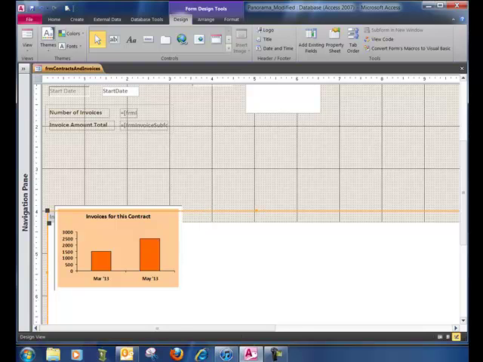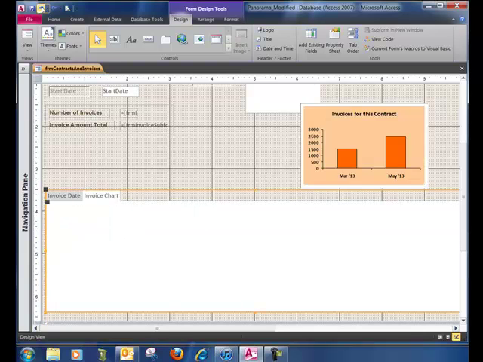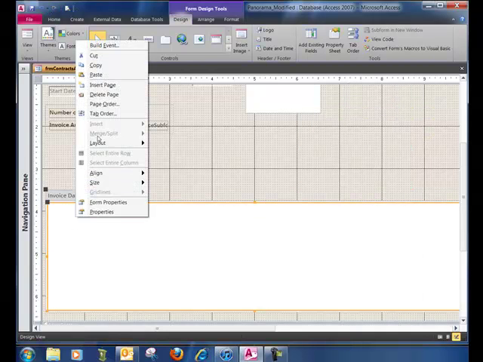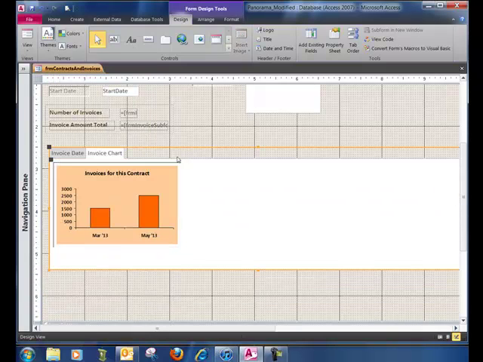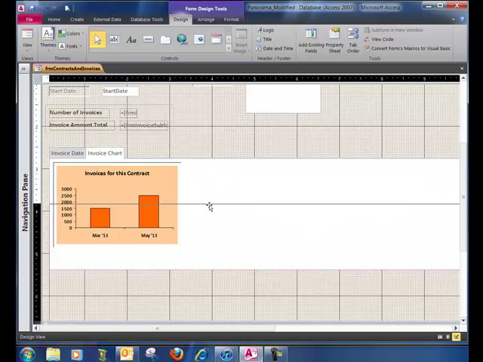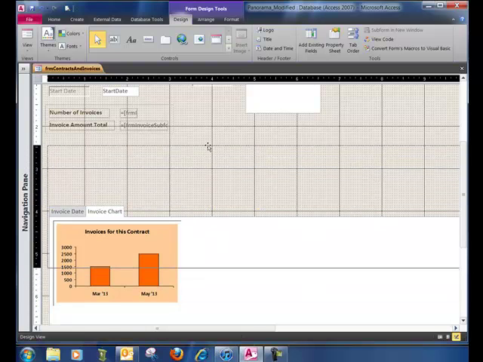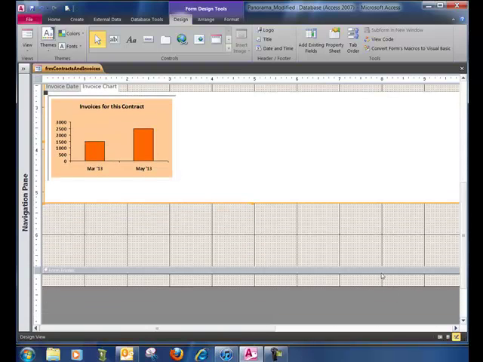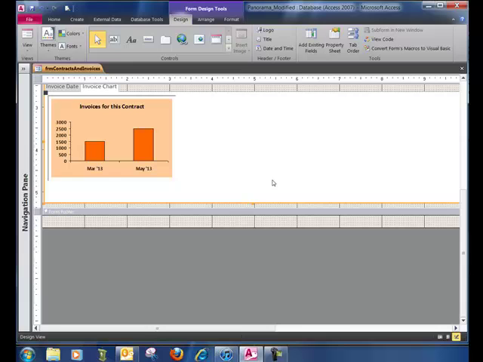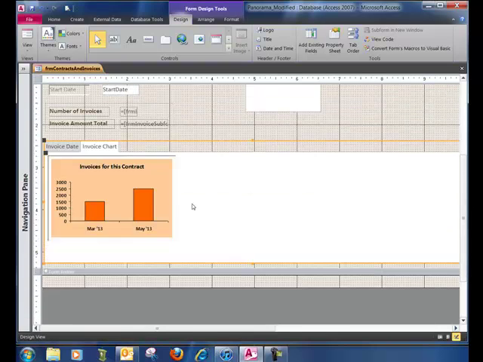It did not, so let's try another. Let's cut it and paste it and see if that will make a difference. There we go. So what we needed to do with this to get it to work is first I had to figure out that that chart was actually on the form below my tab control. I moved it out of the way,